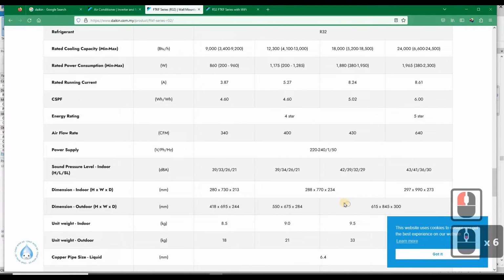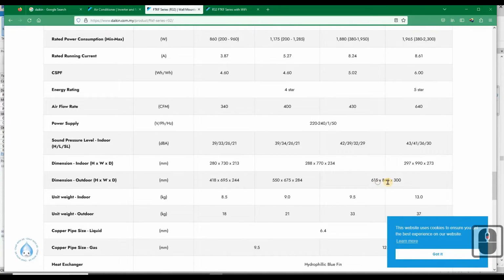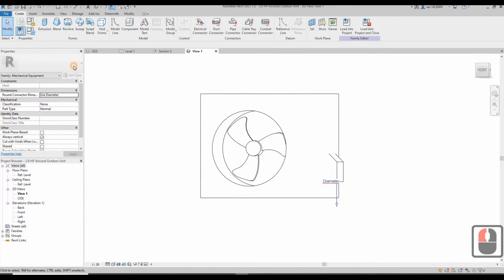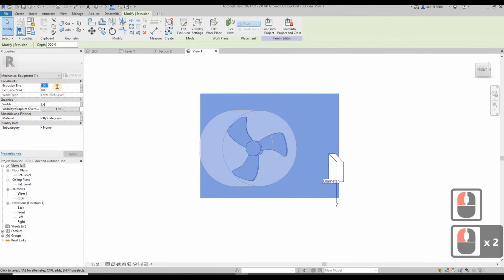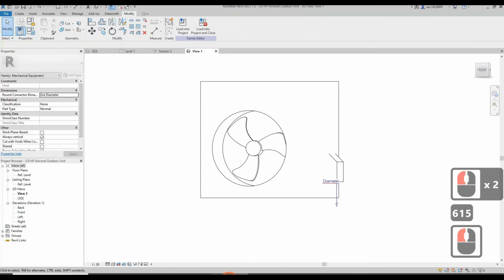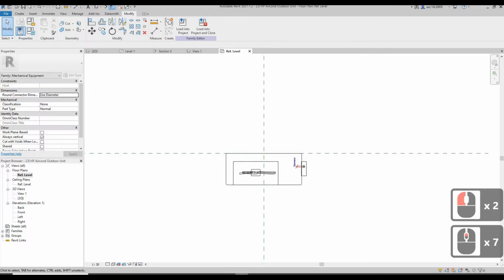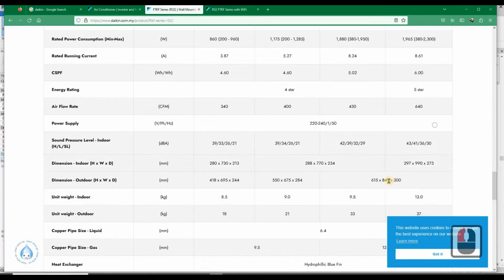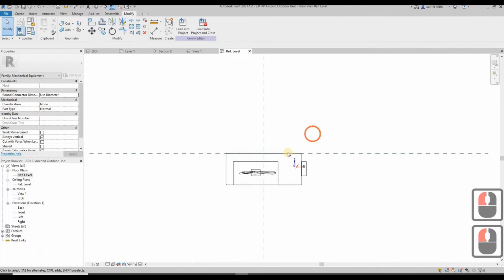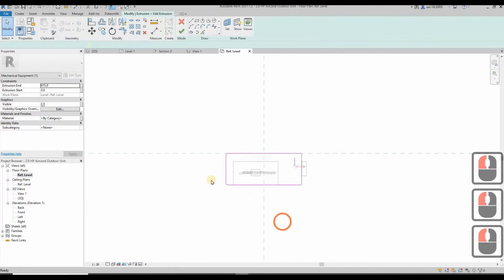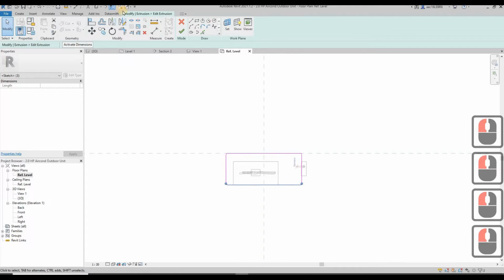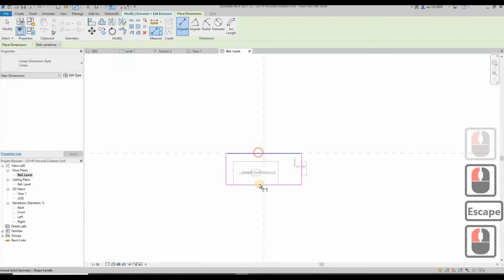Okay, outdoor unit going to be 615 height, 845, 300. So the height 615. Okay, then you go back to the plan view here to change your size of your outdoor units to 845 by 300. Okay, we edit extrusion 300. So 300 is something